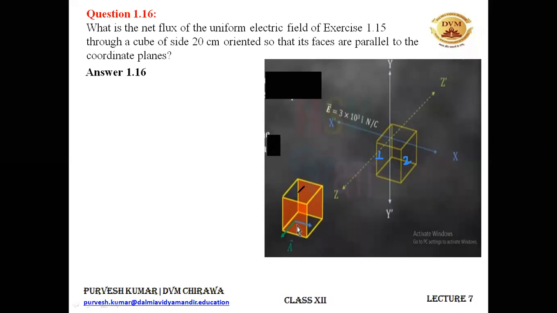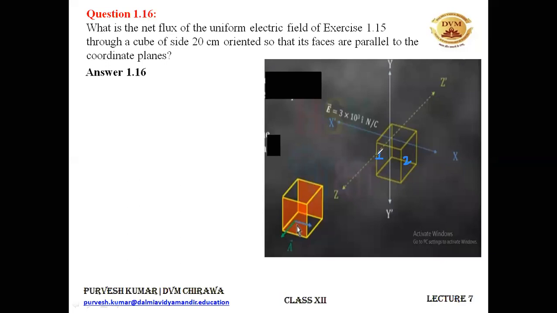Similar is the case with the bottom surface and the top surface. The electric field is coming in this direction, the area vector is in upward direction. From the bottom surface, the area vector is in downward direction. So the angle between the electric field and the area vector is 90 degree, cos 90 is 0, the flux is 0. There only remain two surfaces from which we need to find the electric flux, and that is EA cos theta, cos 0 for this one.